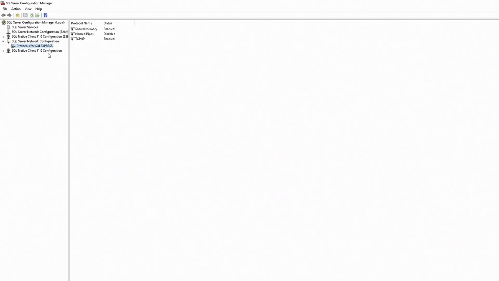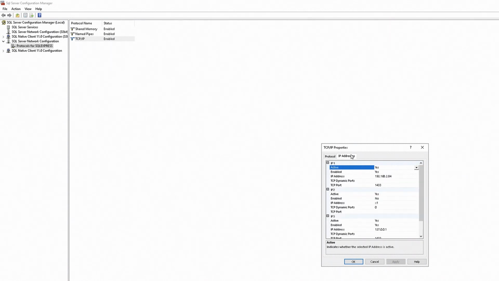So now we have this open. The two things we want to take a look at is named pipes and TCP IP. We want to make sure that both of them are enabled. So we're going to enable named pipes here first. Hit OK. Following that, we're going to take a look at the properties of TCP IP